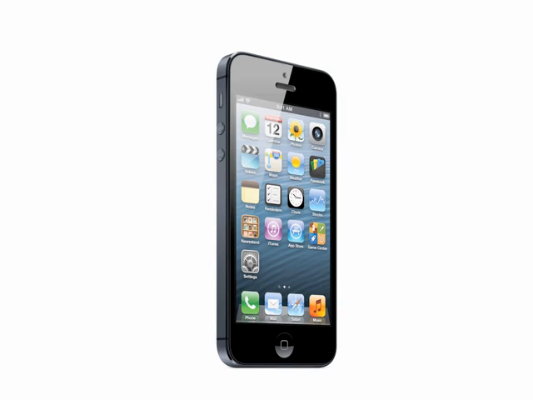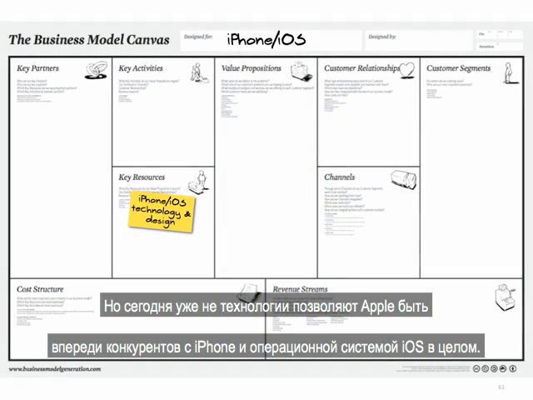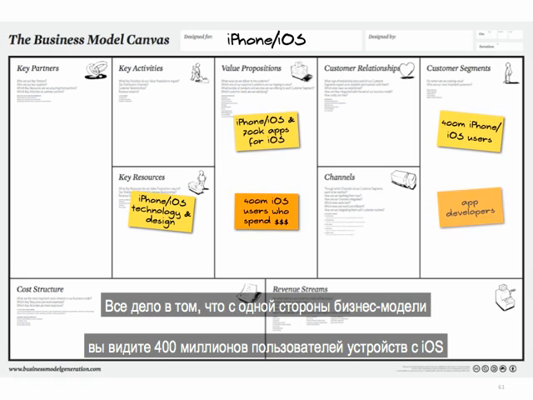And there's a lot of ideology behind this often, but it's not the technology, it's not the phone itself that's keeping Apple ahead. Let's look at the business model for a second that keeps Apple ahead with the iPhone or with iOS in general, the operating system that runs the mobile devices for Apple. So it's not just the technology that's so powerful, it's the fact that on the one hand side, if you look at the yellow stickies, you have 400 million iPhone or iOS users